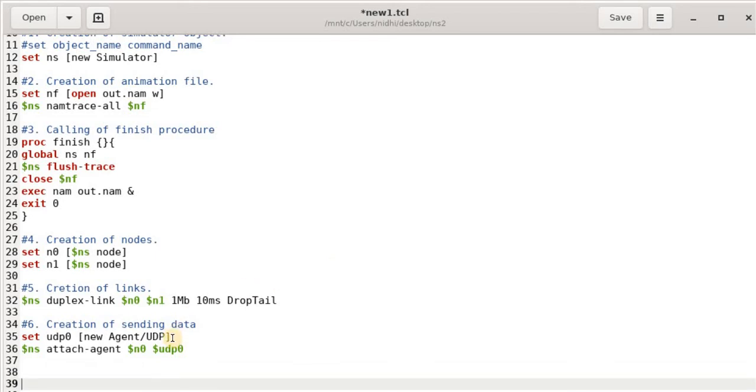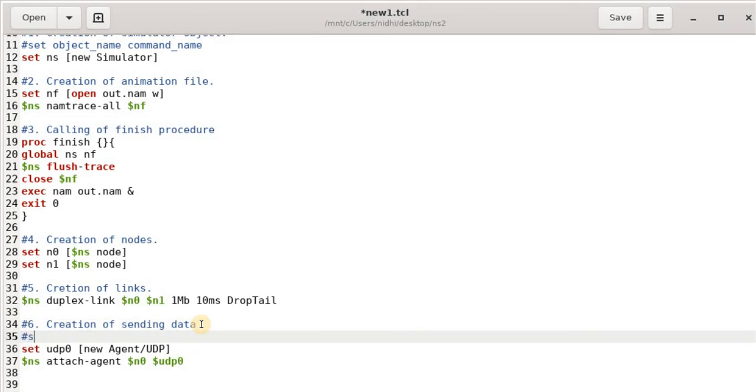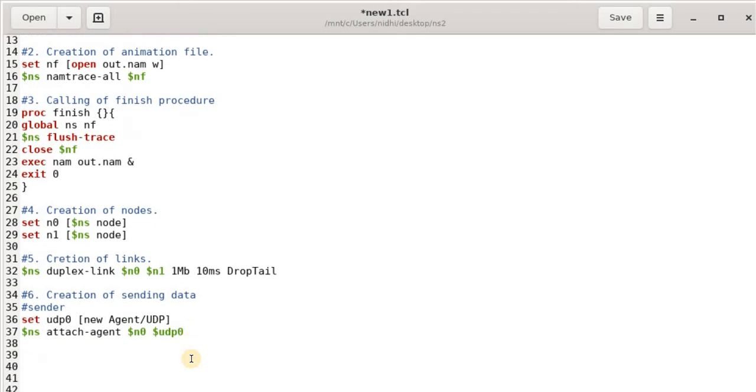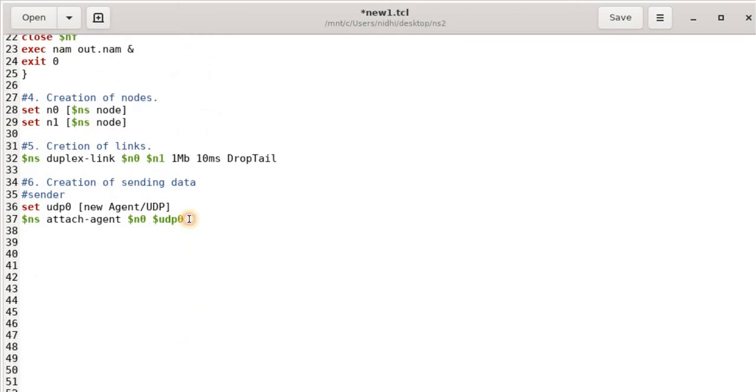Now this is for the sender. Because in the communication there are two entities involved. The first one is sender and the other one is receiver. So we have to mention one receiver also. The receiver will act as another node.